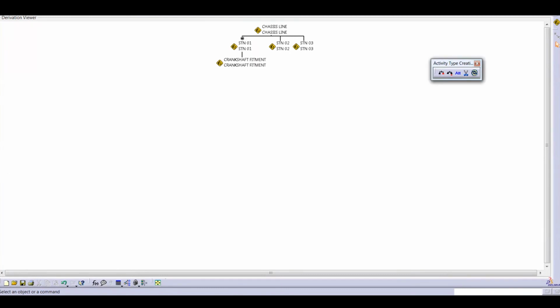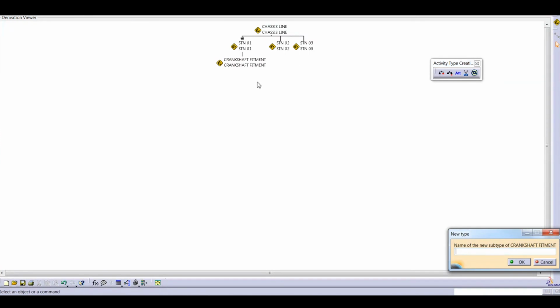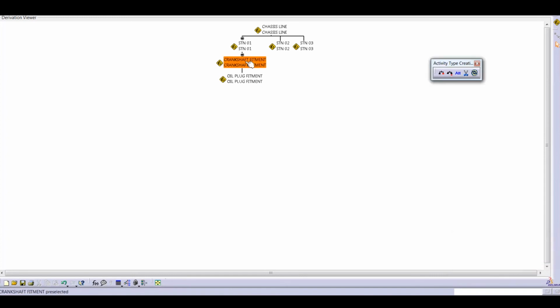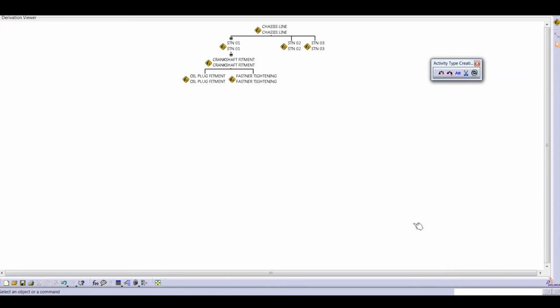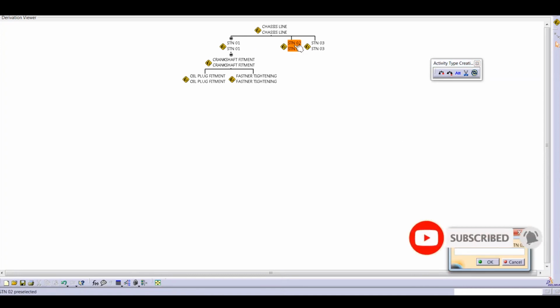For crankshaft fitment you are using two activities. For example, first is oil plug fitment, and second activity is fastener tightening. And on station 1, crankcase assembly fitment.